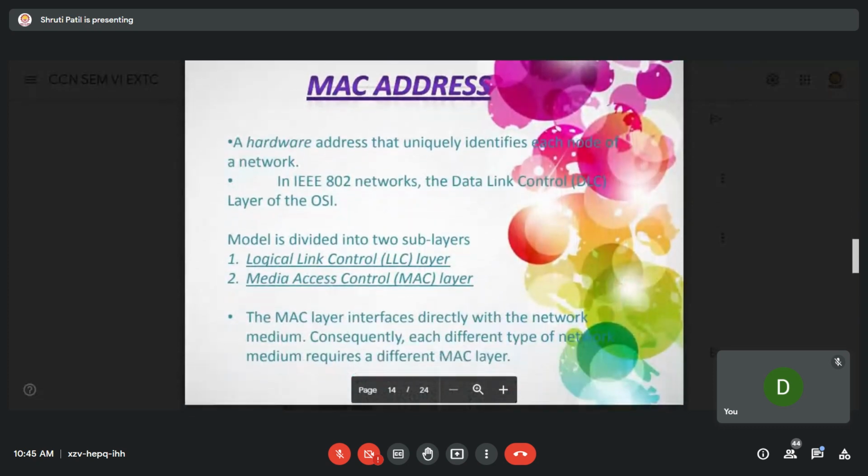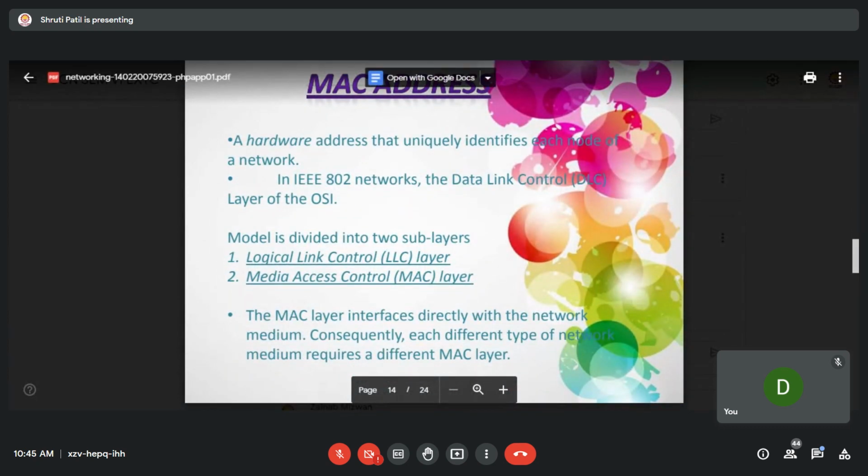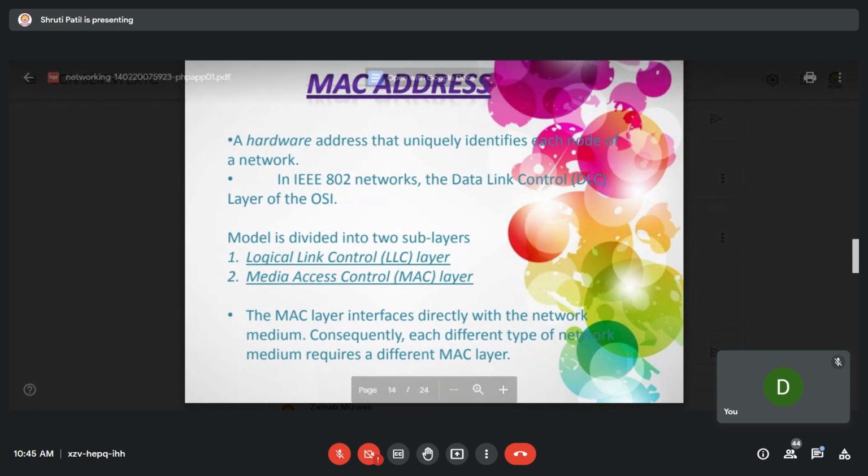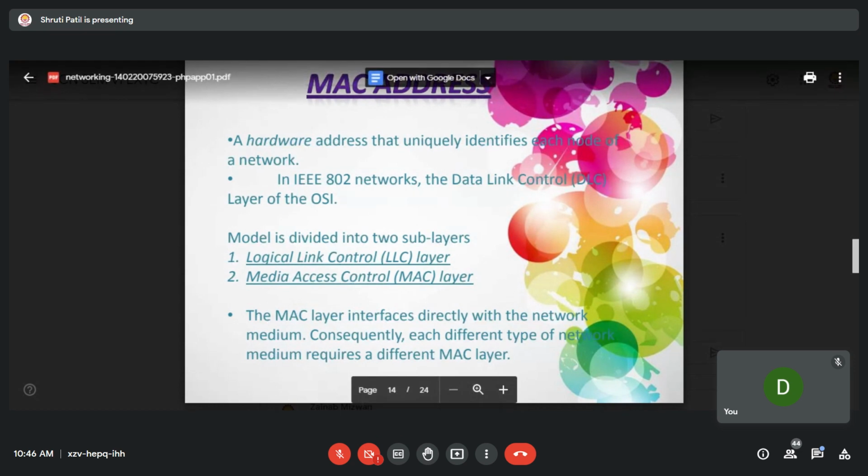Okay, now the next is MAC address. MAC address is a hardware address that will uniquely identify each node in the network. It works at the data link layer of the OSI model. Later on you will see the IEEE standard which is used for the data link layer is IEEE 802, and then